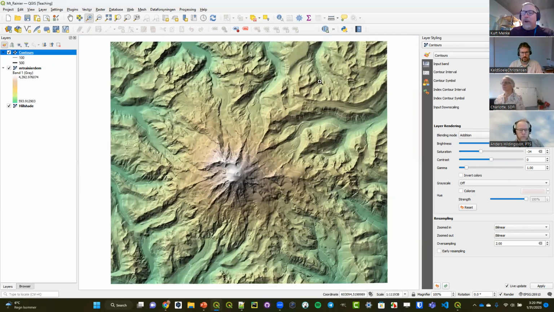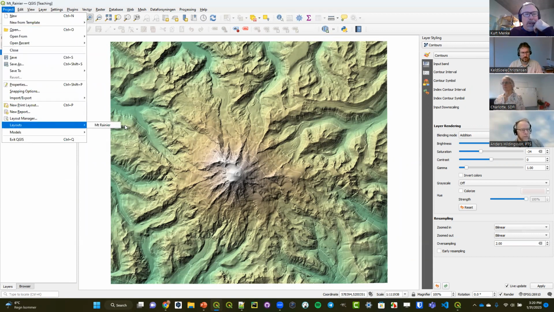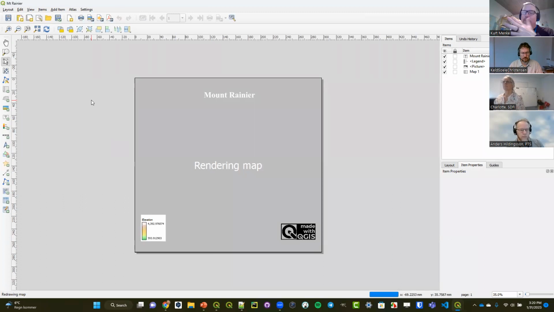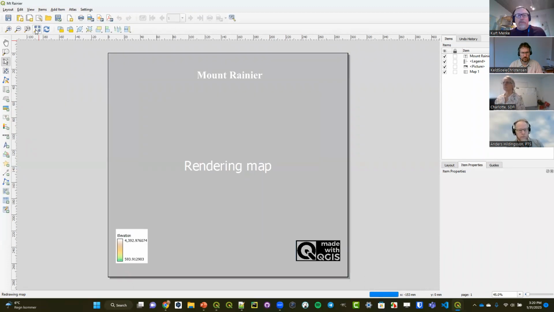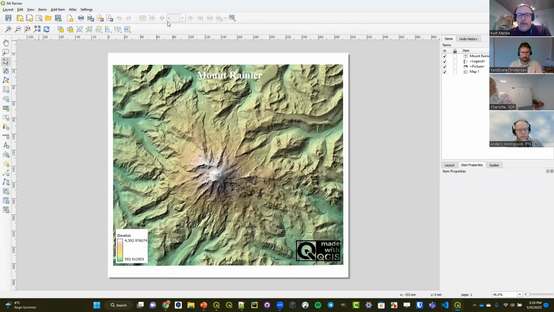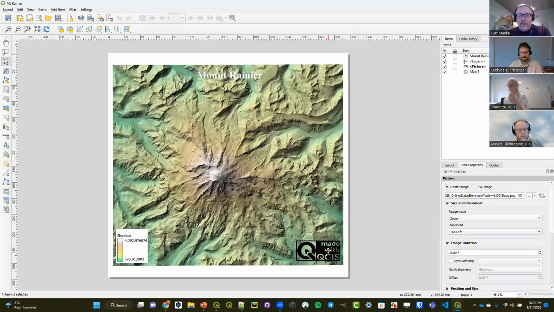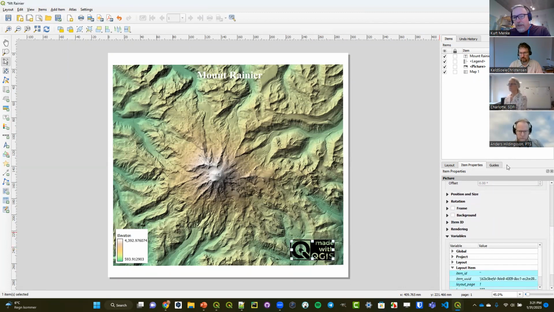This is a rendering of Mount Rainier in Washington State in the Northwest US. So in this example project I gave you, there is a print layout. This has been done with the same steps as I did for Trelleborg. But what I want to point out is that in a print layout, if you add, for example, a logo to a map, there are blending modes available for that. So in this example map, there is this made with QGIS logo. And if I select this QGIS logo on the print layout and scroll down in item properties,